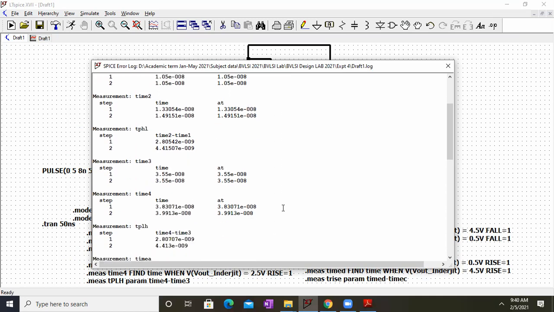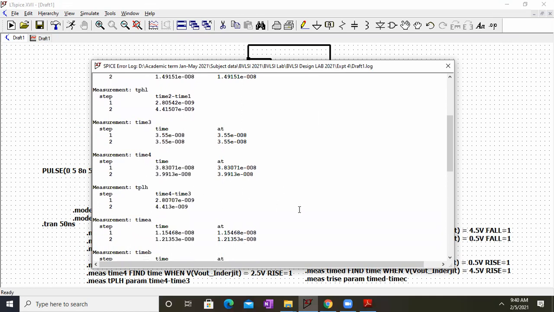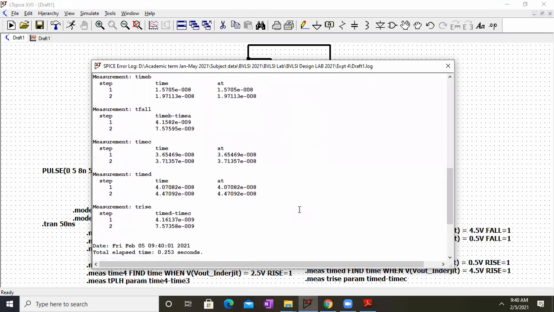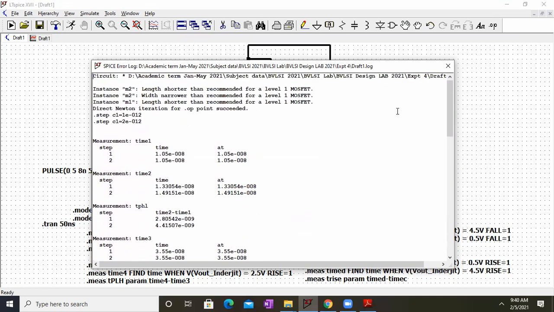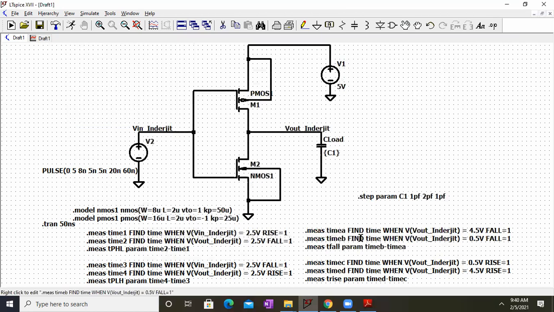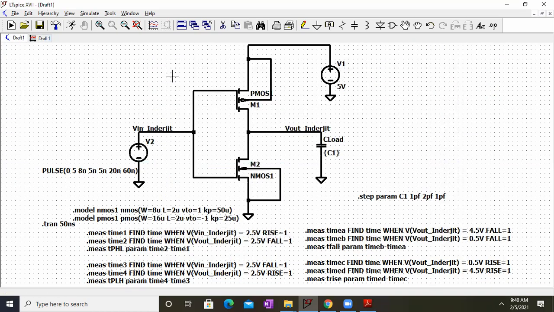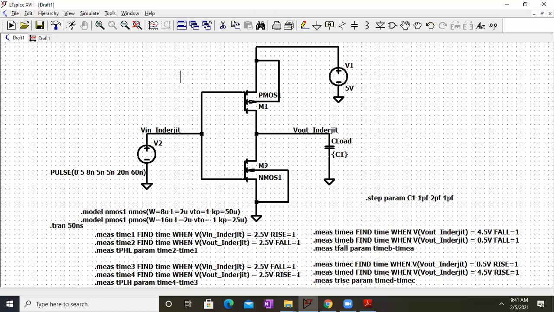So directly we don't have to estimate it. Directly it will give you high to low and low to high propagation delay, and your rise time and fall time also for these values. So that's the advantage of having the .measure statement over here. We can have n number of values, we can add one more step, and we'll get three results. That's how it becomes very useful using the .measure statement. So that's what you have to do for estimating the propagation delay.